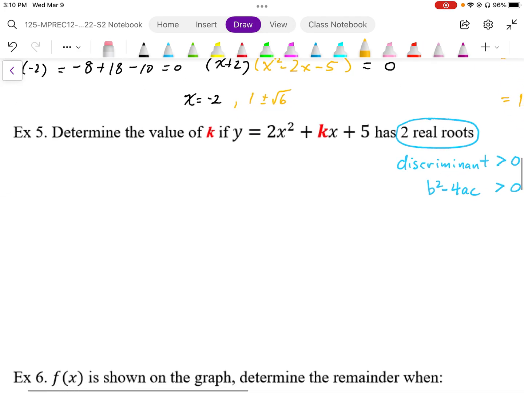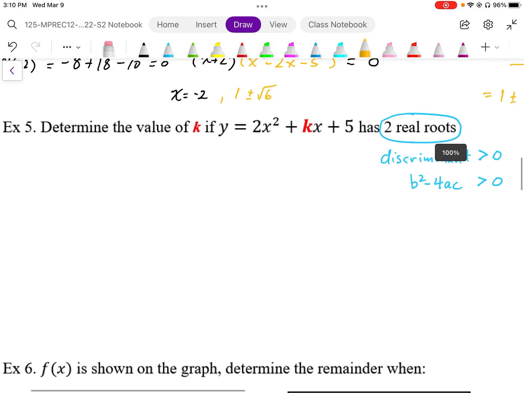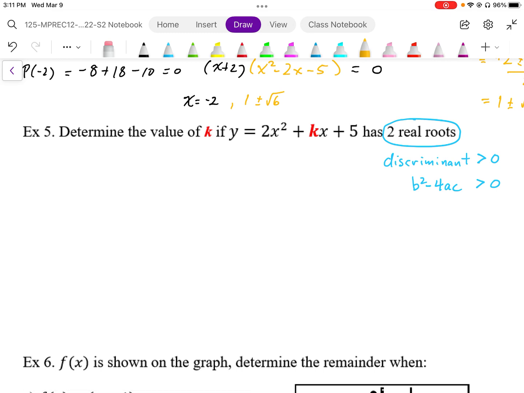The next example here, we're asked to find the value of k such that this has 2 real roots. Well, 2 real roots in a quadratic means that the discriminant must be greater than 0. So that means that b squared minus 4ac must be bigger than 0. So setting this up using these values, the b is going to be the k value. So I'm going to set this up as k squared minus 4 times a times c, and this must be